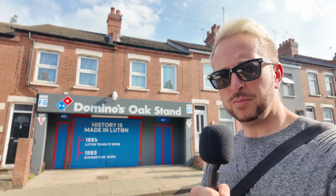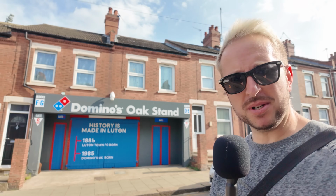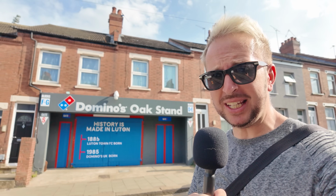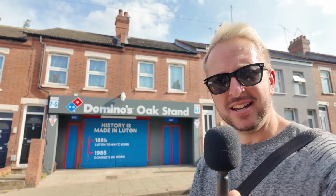So for those of you who have been living on a completely different planet from the rest of us, this is the famous Oak Stand. Now we will be in the Oak Stand later on today. I couldn't get tickets to the away part of the Oak Stand, so we're not going to go over any gardens, but you've all seen the footage. The away end entrance kind of goes over people's gardens. We're going to be in the home part of the Oak Stand, but still, this is one of the most unorthodox entrances to a football stadium in England. As you can see,